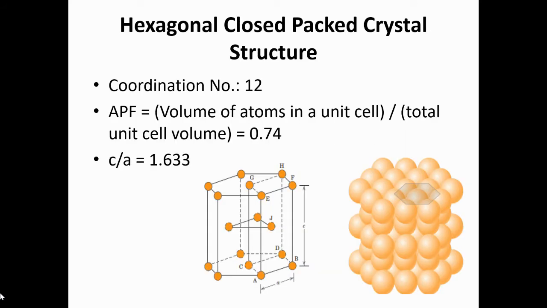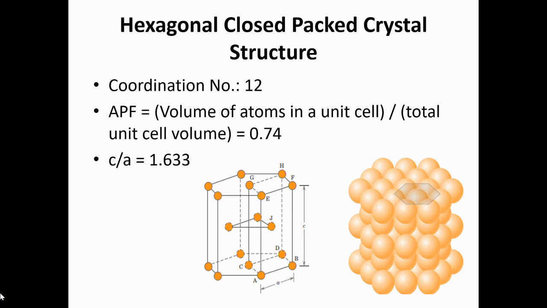Okay. Now the final common metallic crystal structure is the hexagonal close-packed crystal structure. In pictorial representation, it shows a reduced sphere unit cell for this structure. The top and bottom faces of the unit cell consist of 6 atoms that form regular hexagons and surround a single atom in the center.